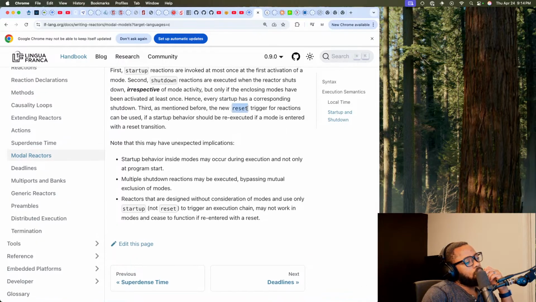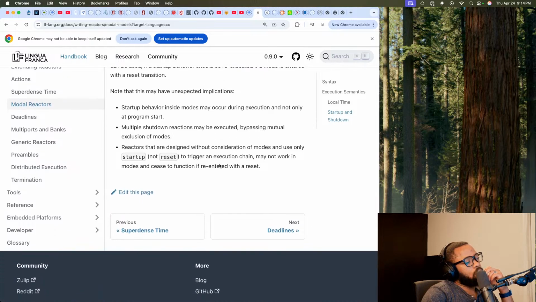If you have the reset stuff on reactions of those modes, I think multiple shutdown reactions may be executed, bypassing mutual exclusions of modes.